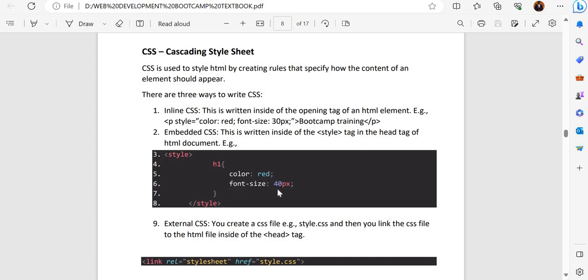So let us start with inline CSS, which simply means that it is written inside of the opening tag of an HTML element. So to write inline CSS,